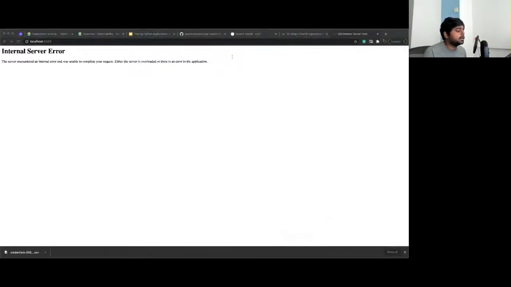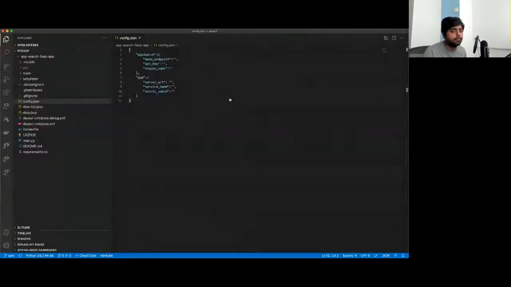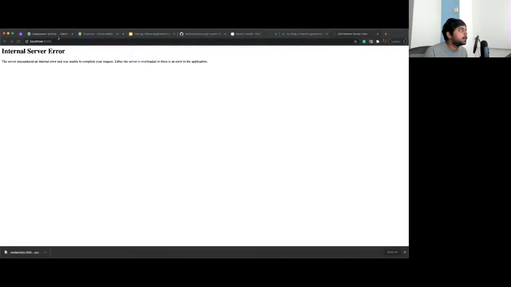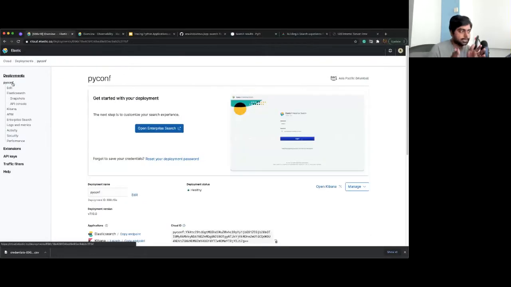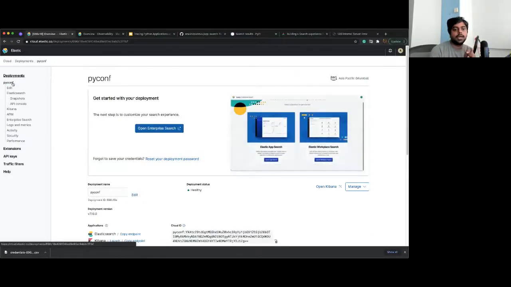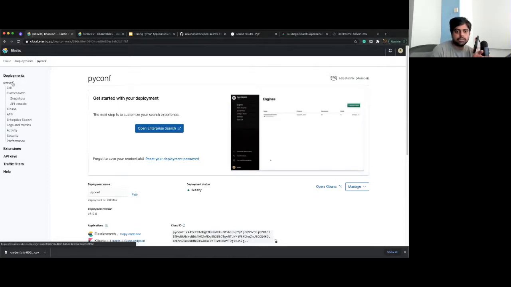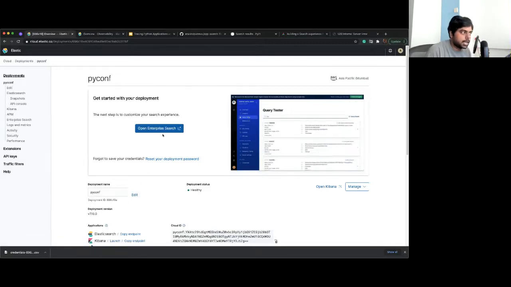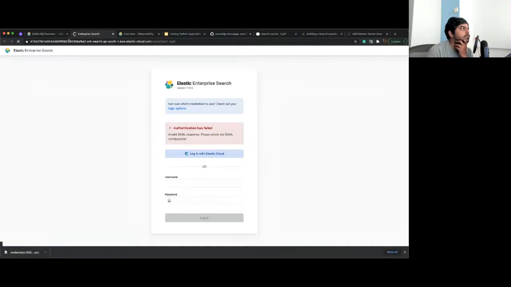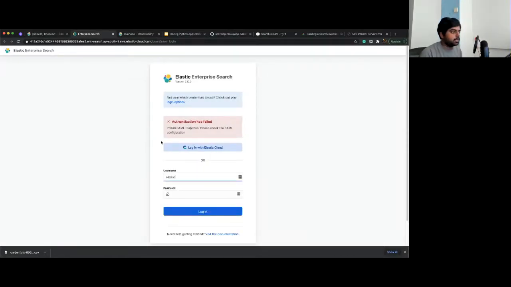Let us go back and see what we have to do here. For the search engine to be working, we need to give these details, which we have already spun up. I think this should be ready. Yeah, it is ready. Now I have to make things very clear. I have a search engine in my app, and an application which does movie search. That's why we are spinning up a search engine, and then we're going to trace that application. So let me give the details to this, or else I'll open this username and password.